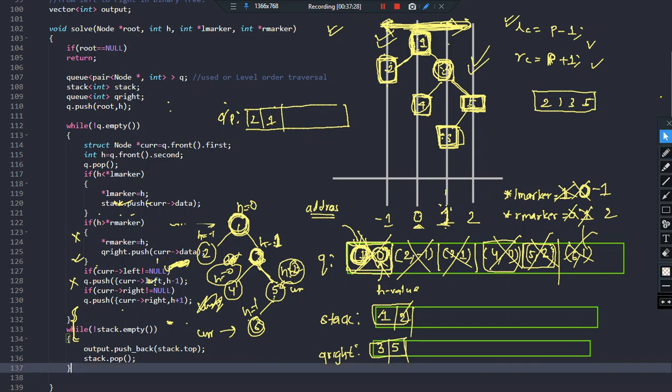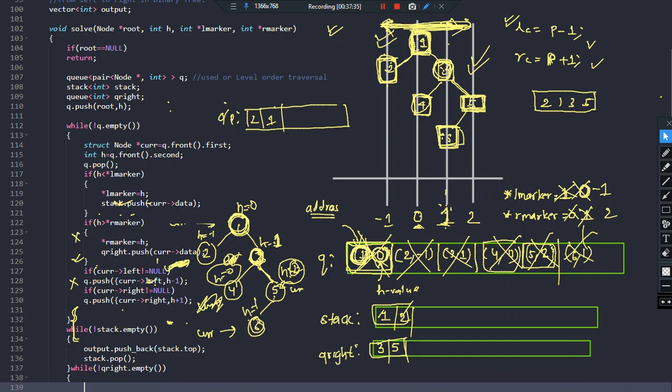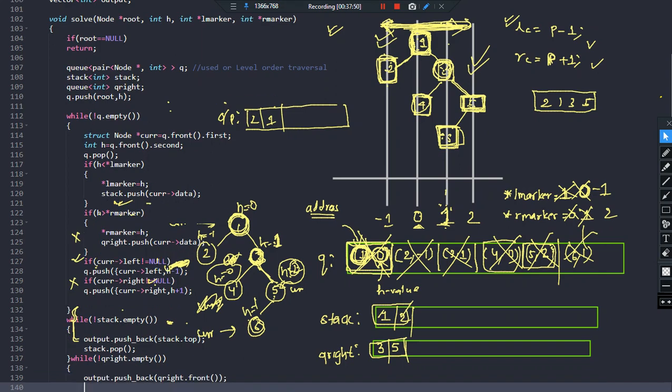Now basically we are going to consider the queue. So while queue right is not empty, what I'm going to do, I'm going to say output dot pushback queue right dot front. Done. And just say queue right dot pop.